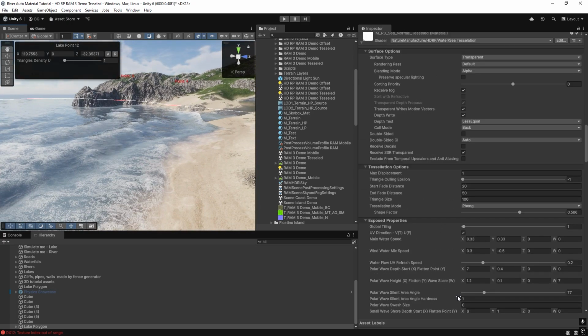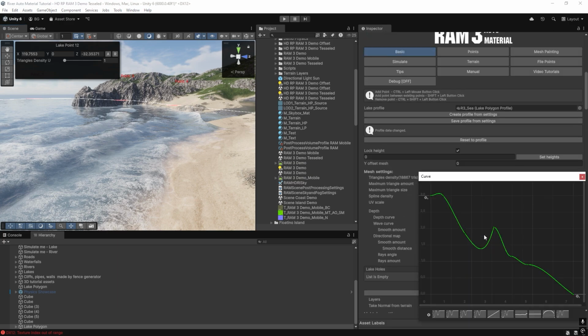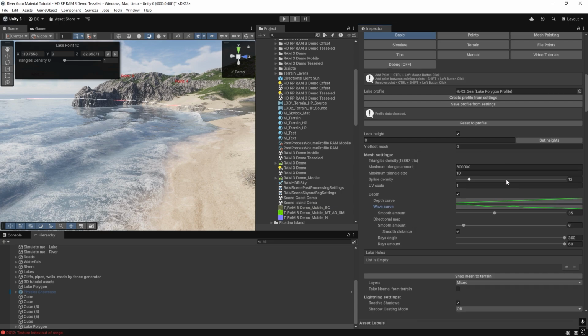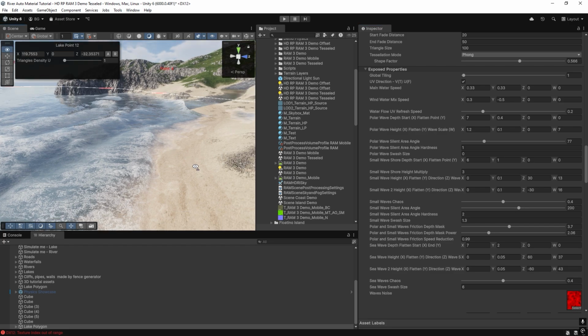And this value is reading the wave curve. That's why we have no stretch, no swash in the middle of the sea, and we have a swash effect on the shoreline. And we add noise to that a bit just to get a non-repetitive image. So with this swash value, you could